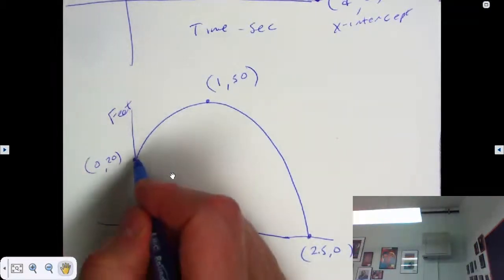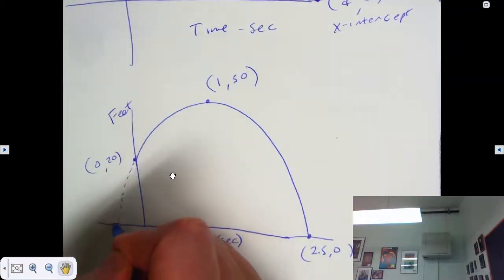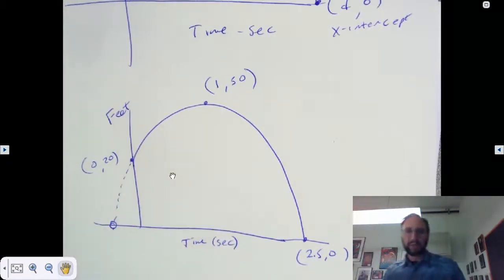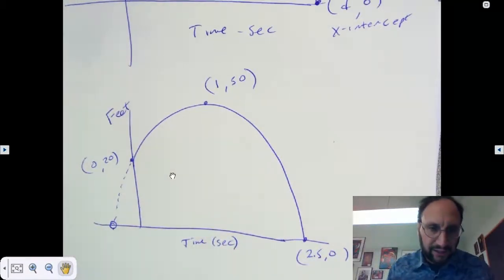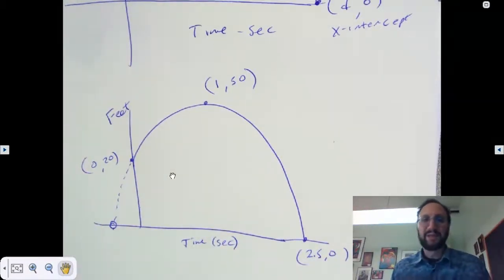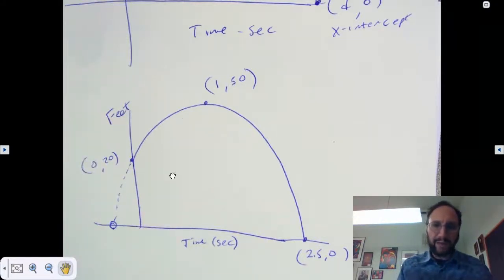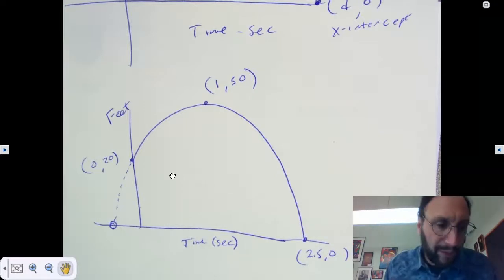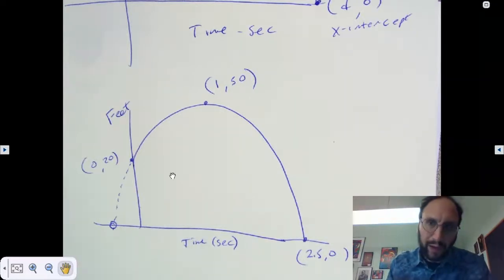Now notice that this parabola, if we did it on a graphing calculator or Desmos or something, has another x-intercept, but it makes no sense for this particular type of problem because it would mean that you're going backwards in time, which some people might be able to do, but we're not going to be talking about